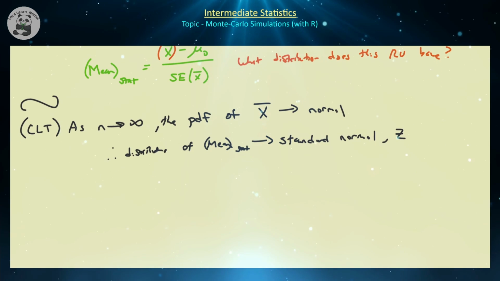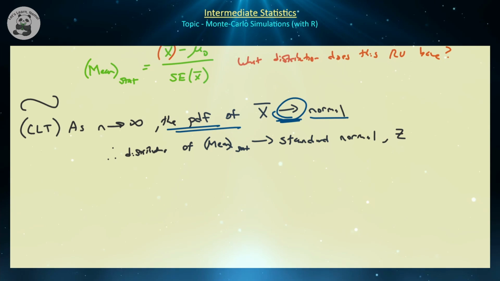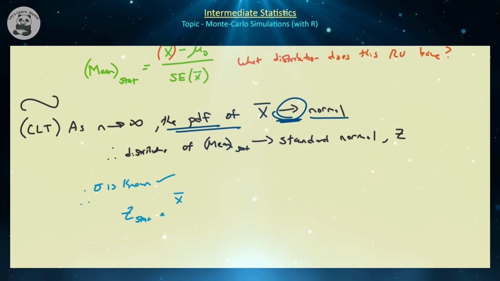But the key point in the statement is that the distribution approaches normal. It never gets to it exactly. That's the big point, right? But usually when we see this theorem, we're like, okay, well, if n is sufficiently large, some people use 30, some people use 50, some people use even 1,000,000, but even sometimes 1,000,000 sample size is not that large depending on your population size. But usually from there, we're like, okay, well, if sigma is known, then we're going to say it's going to follow a z test statistic, in particular x bar minus mu0 all over that standard error expression. Or if sigma is unknown,